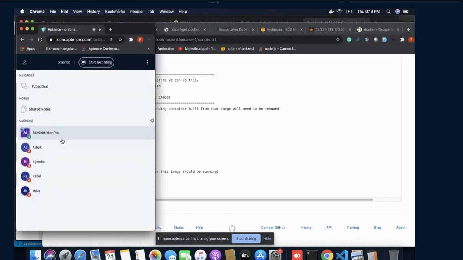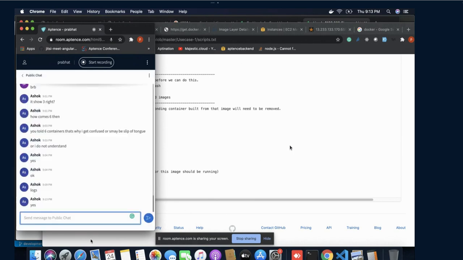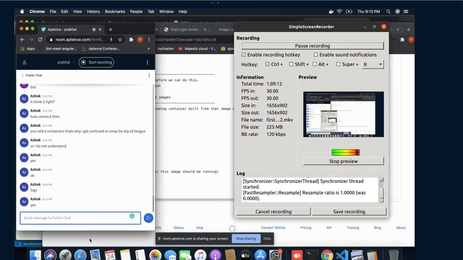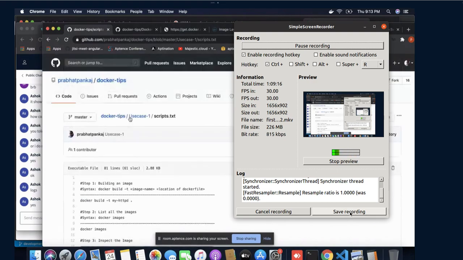Rahul and Vijendra, did you understand? Okay, fine. So that's it for basic Docker containers, basic Docker. Tomorrow, we will be discussing more about